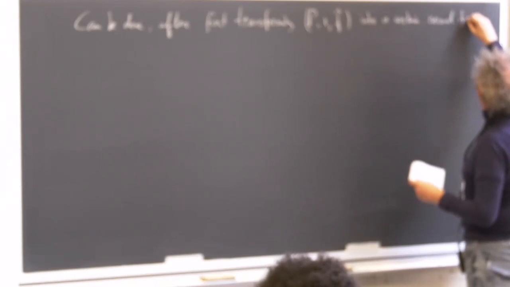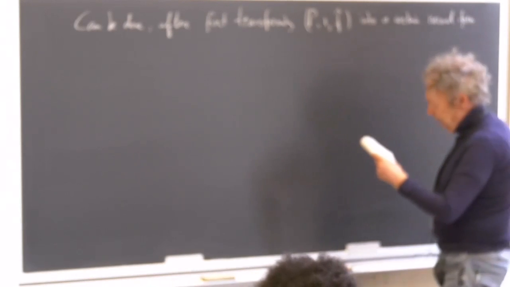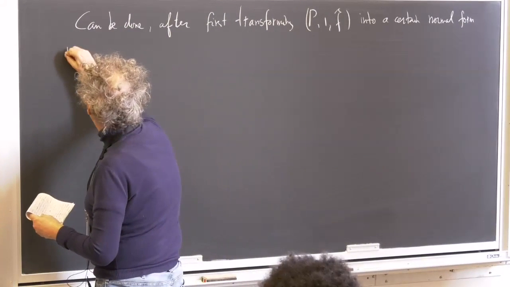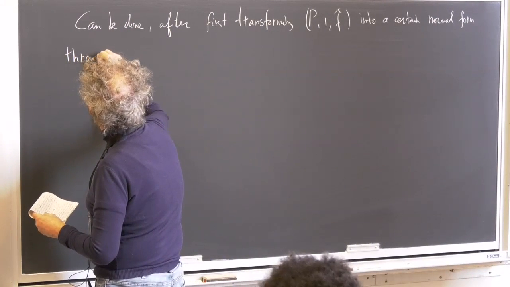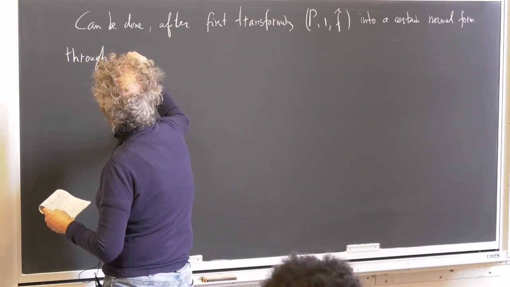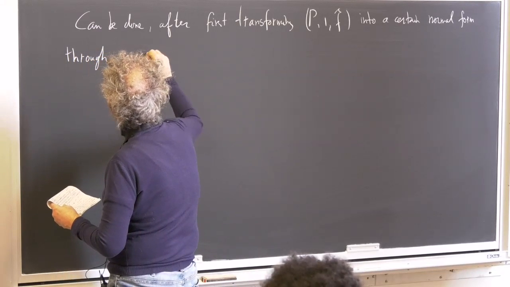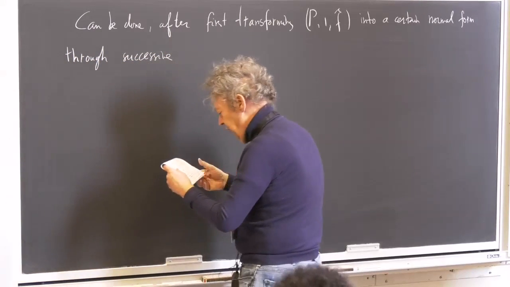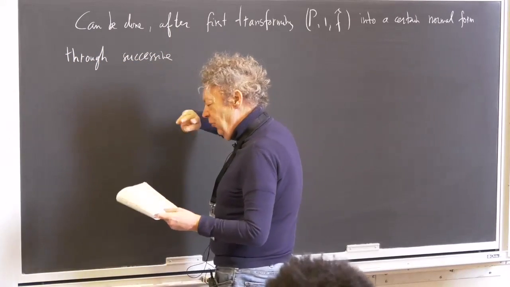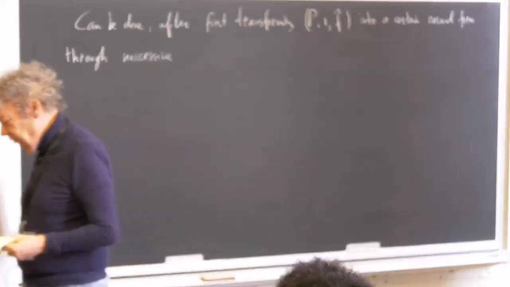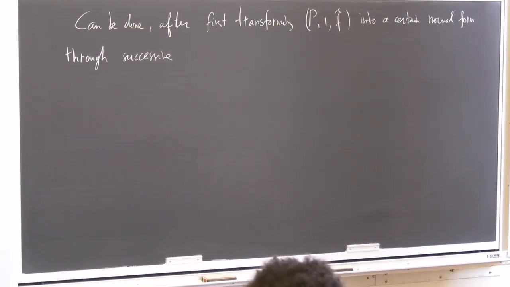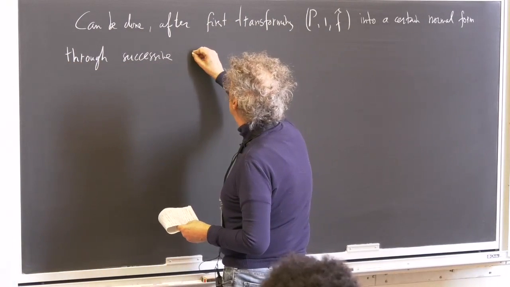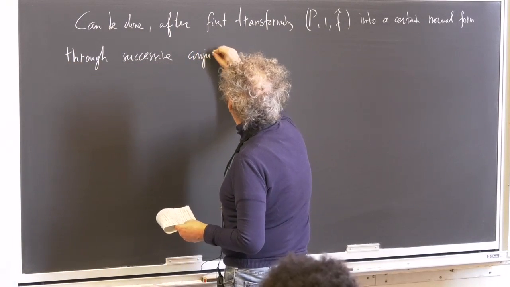normal form, or strongly split normal even, through successive manipulations, basically additive, multiplicative, compositional conjugations in every step making it a little bit better. Conjugations